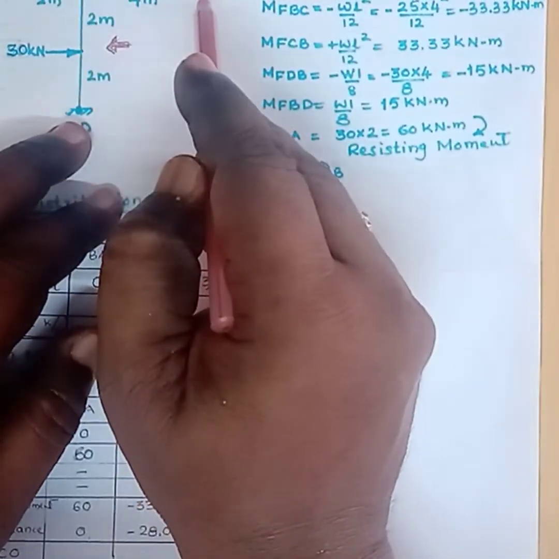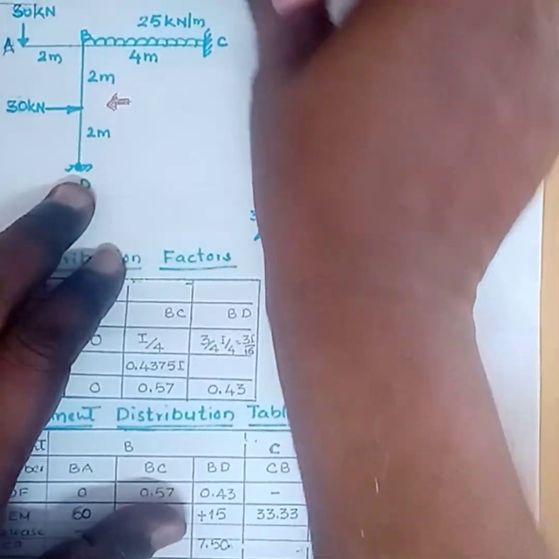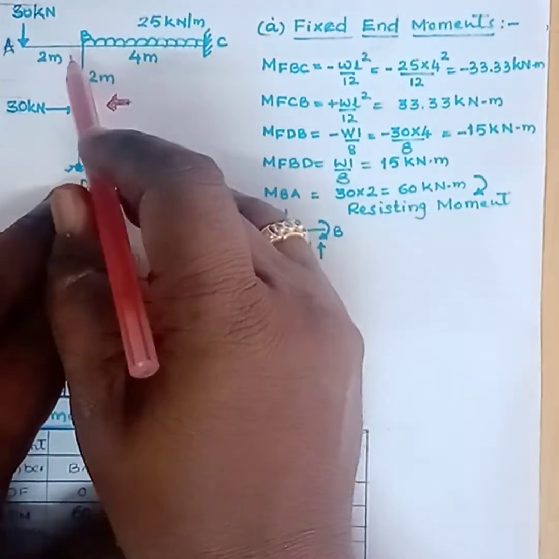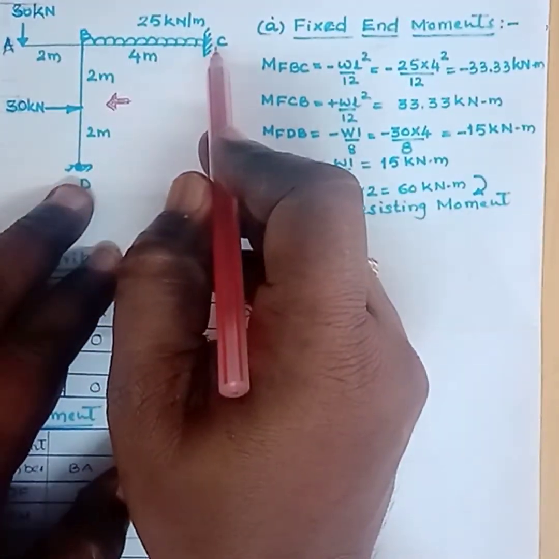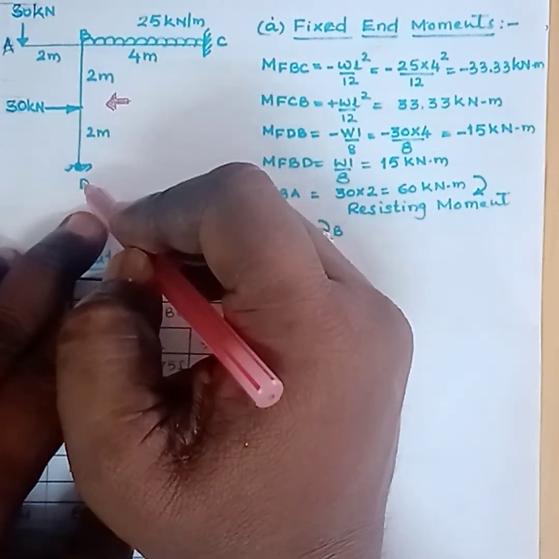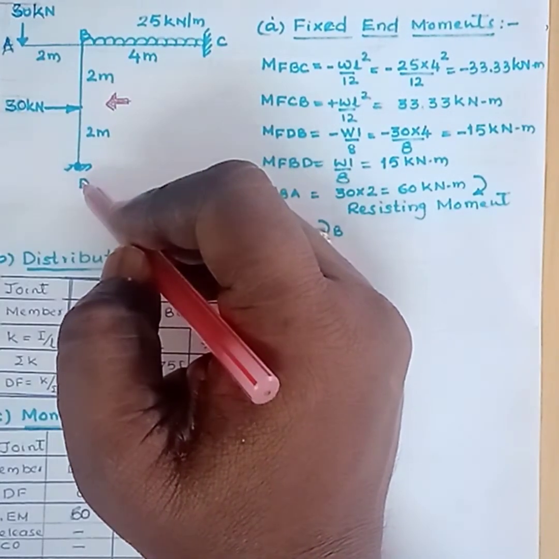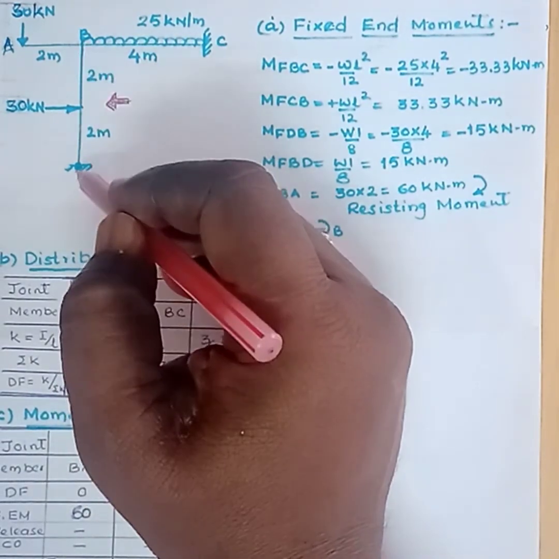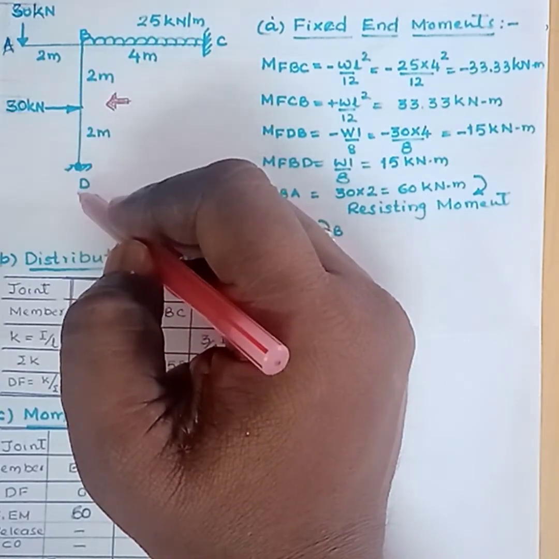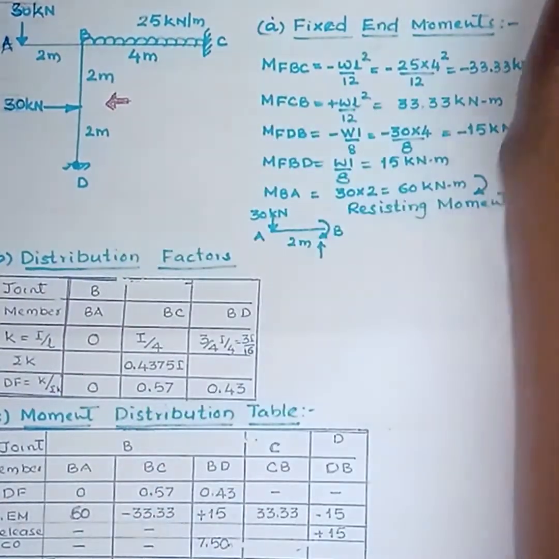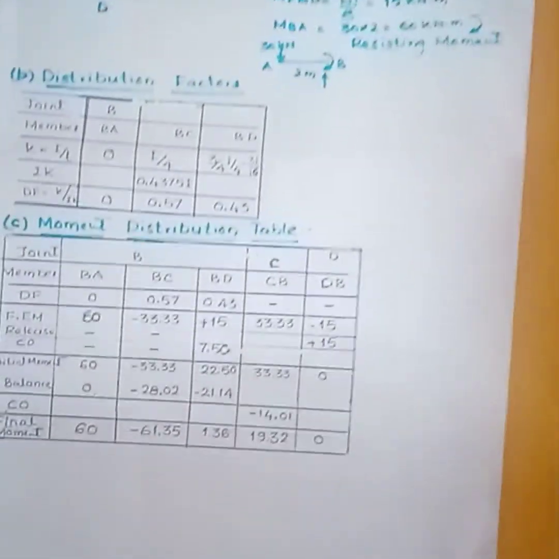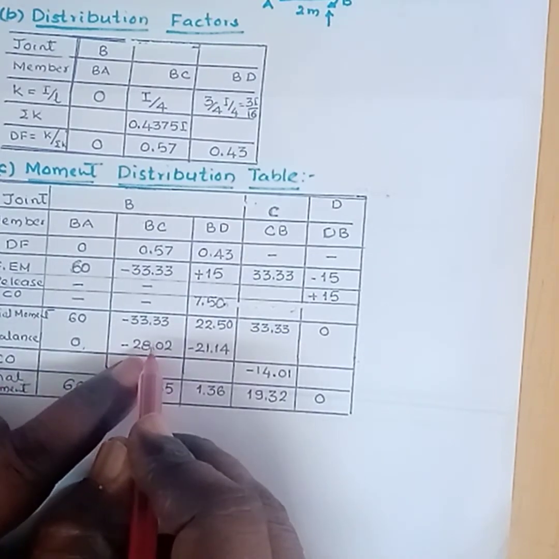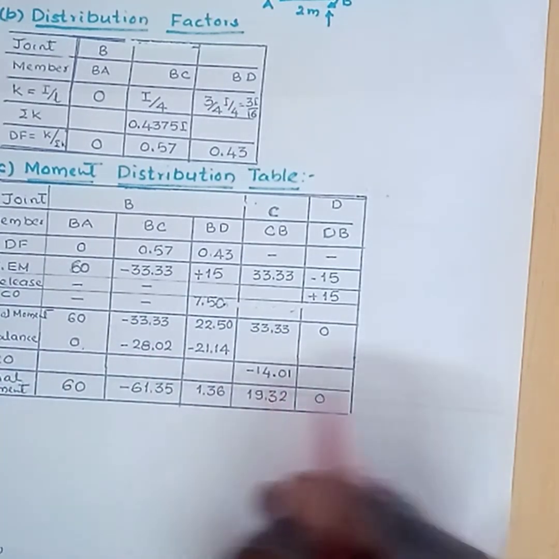Again, here by observing this beam, with respect to B, C is fixed or continuous. Then from this B to C there is a carryover. Similarly, from B to D there is a carryover, but D is not continuous, that is a simple or roller or hinged support. Then there is no need to carry the moment from B to D. But B to C there is a carryover. 50% of the moment is carried from B to C. That is BC, half of this or 50%, that is minus 14.01.